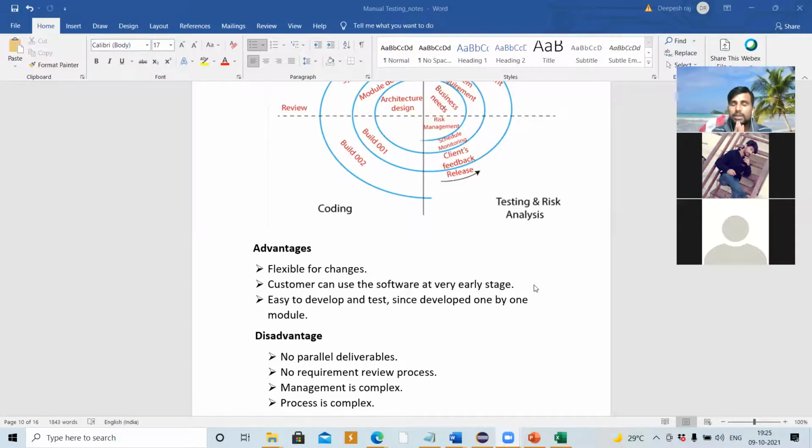But see, the first model they started with was the waterfall model in SDLC, when companies started developing applications. But after using the waterfall model to develop some applications, they found some advantages and disadvantages. Like, developers used to test the application.